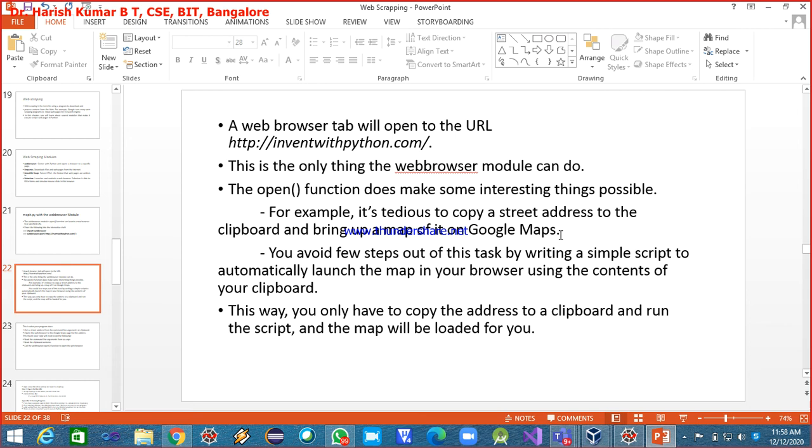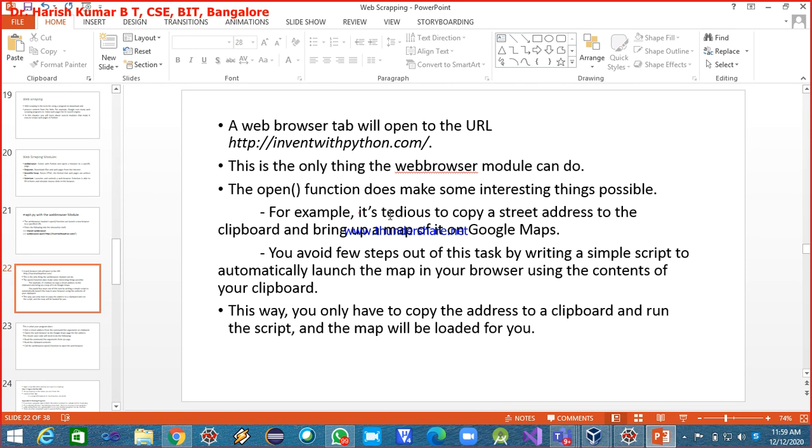This is the sequence of steps I do in order to locate something on Google Maps. Now you can avoid a few steps of this task by writing a simple script to automatically launch the map in your browser using the contents of your clipboard.